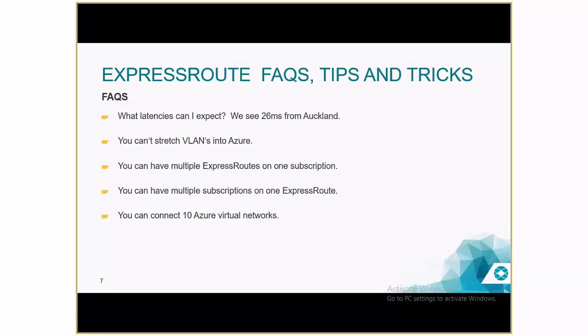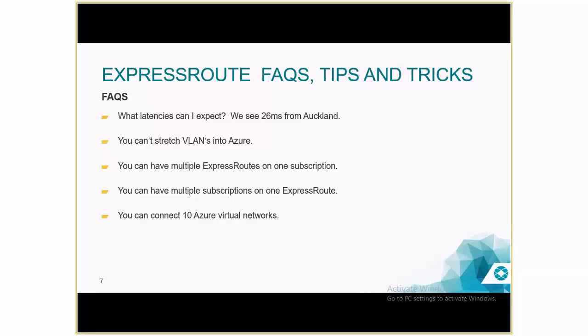Okay, so just a couple of questions that we preempt may be asked. These are the things that we've found out when we've been using it ourselves. The first thing is, what sort of latency can we expect? So we see about 26 milliseconds round trip. That's from Auckland across to Sydney, back again. We've got a machine actually in Azure Cloud, and it's powered on, a Windows machine, wherever we can ping it, we give this type of response